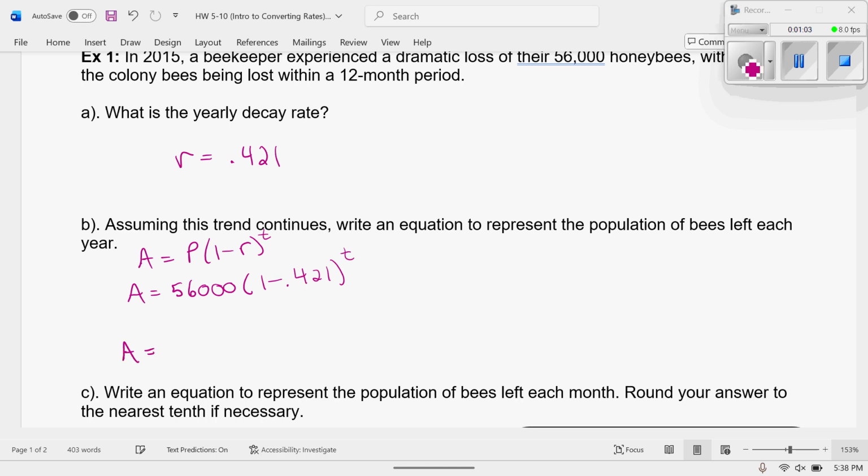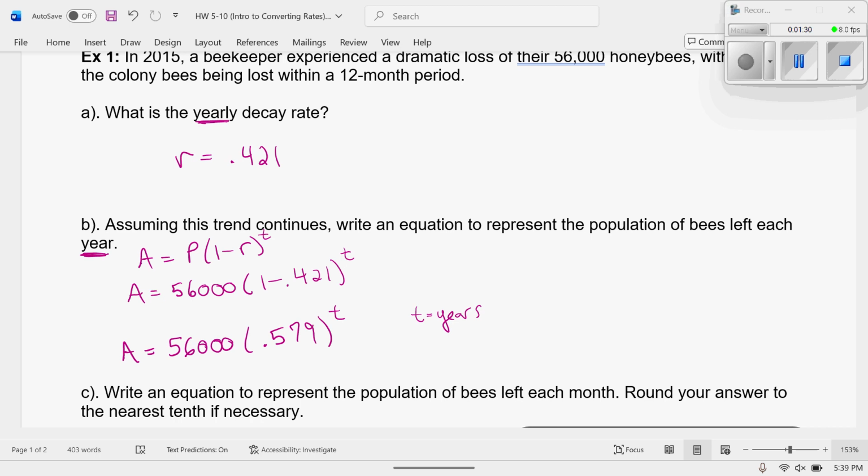We can even simplify that and write 56,000. This ends up being 0.579 to the T power. And it's important to represent that T is in years. Now, you don't have to write that. You just need to recognize that because it is a yearly decay rate,